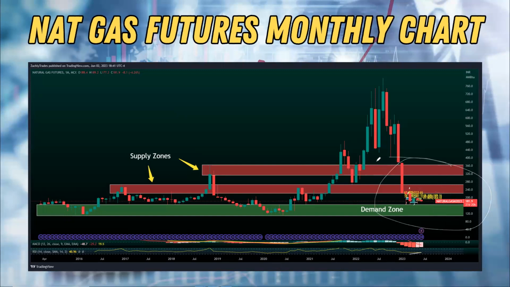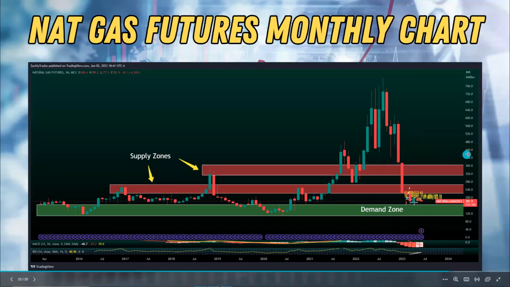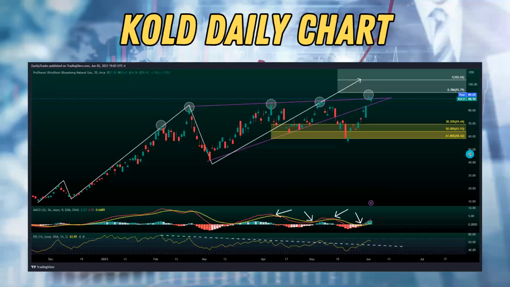UNG, BOIL, KOLD, a lot of these, they trade based off of the futures. So you want to be paying lots of attention to the futures charts. Okay. And really that's going to give you the tea on what BOIL and UNG, KOLD, all those other funds are going to do. Now, when we take a look at KOLD right here, I mentioned in the last video,